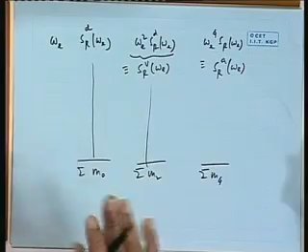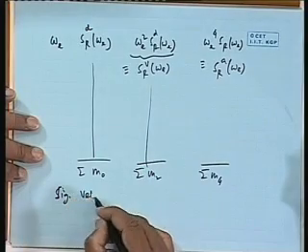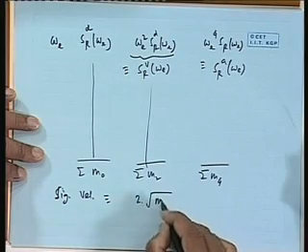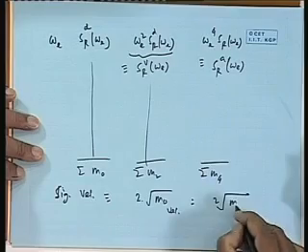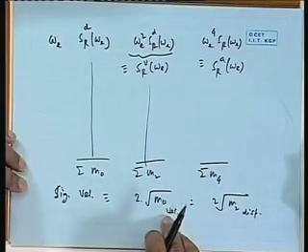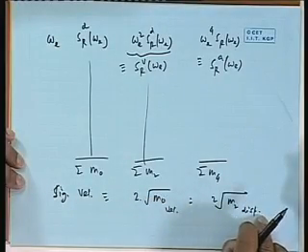Now again, suppose you want to find out what is my significant value of velocity. This is going to be some factor, say 2 times root over of m0 under velocity curve, which is nothing but 2 times root over of m2 under displacement, because m0 under velocity, that is area under velocity graph, is nothing but second moment under displacement curve.